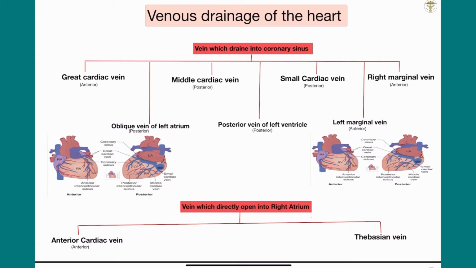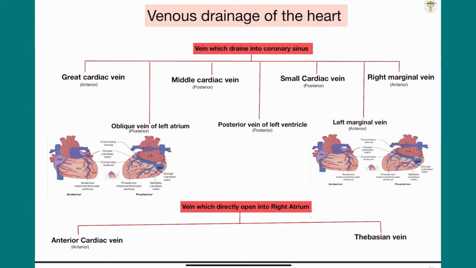First, the classification: veins which drain into the coronary sinus, and veins which directly open into the right atrium. Veins which drain into the coronary sinus are three major veins: great cardiac vein, middle cardiac vein and small cardiac vein. Great cardiac vein is present anteriorly, and middle cardiac vein and small cardiac vein are present posteriorly. And also different small veins like the right marginal vein, left marginal vein, posterior vein of the left ventricle and oblique vein of the